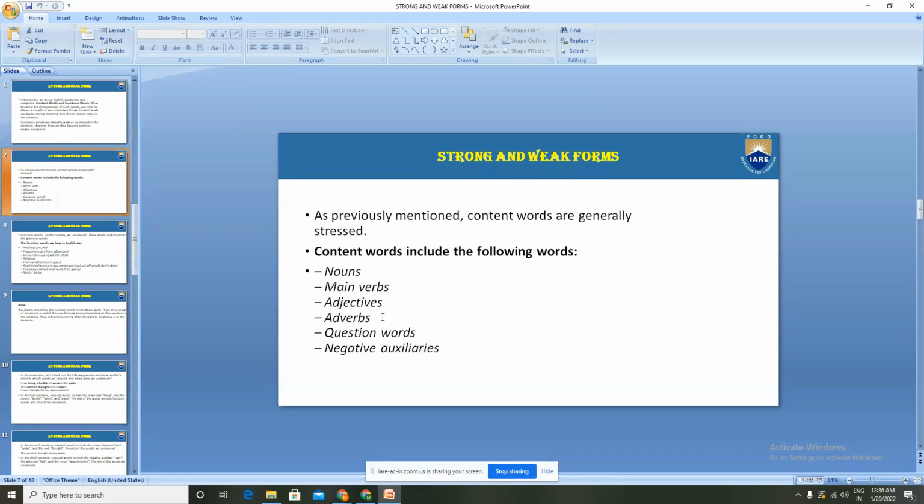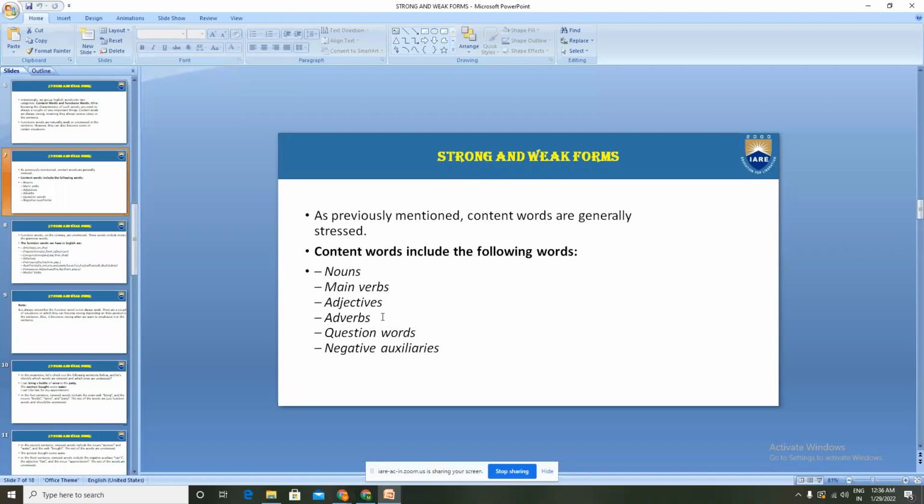Whenever we get the negative forms of the helping verbs, isn't, can't, aren't, we consider them as strong words. Whenever we pronounce verbs, we have to put stress. Adjectives require stress, adverbs also require stress, and question words